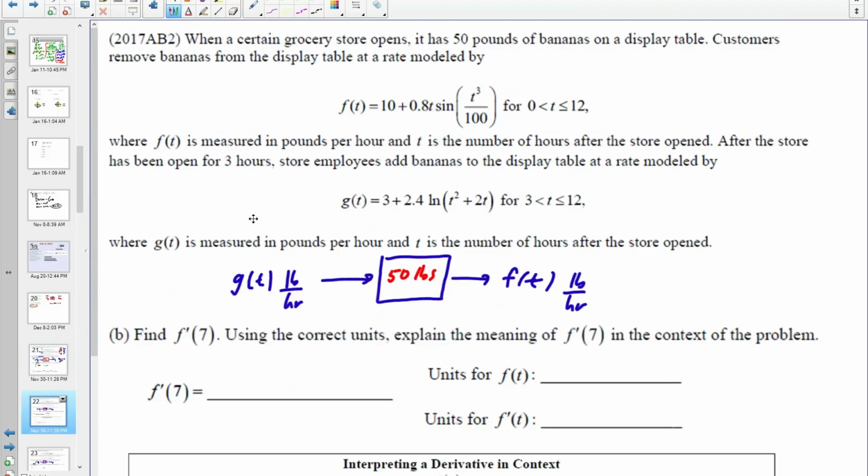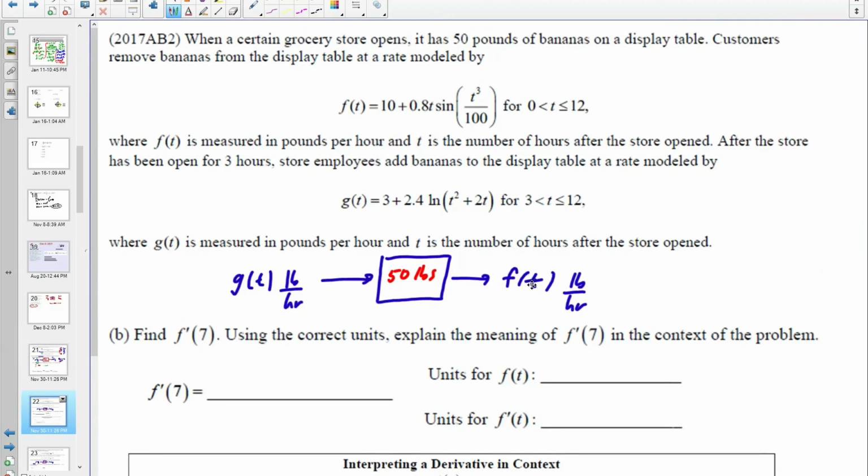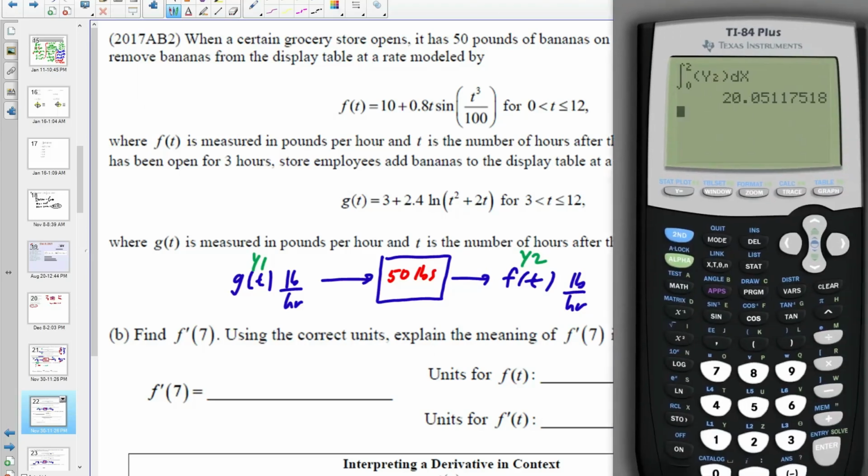All right, so the next question is, if this is f of t, what would be f prime of 7? Now, without thinking much, I know I have a calculator, so all you want to do is just do a math 8, put in f, and get the derivative of f and plug in 7. Okay, so remember, I made my g of t y1 and my f of t y2. So I'm going to go to my calculator,